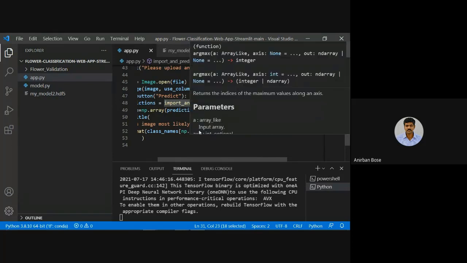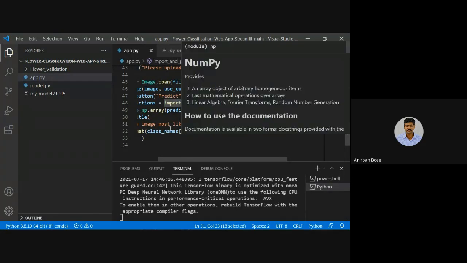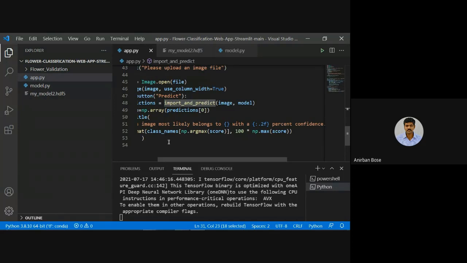So argmax will return the index and max will return that particular probability, the maximum value. Then class_names, in that list, whatever the index is, it will return the corresponding name, because this is indicating the element of that particular list. So in this way you will be able to predict.